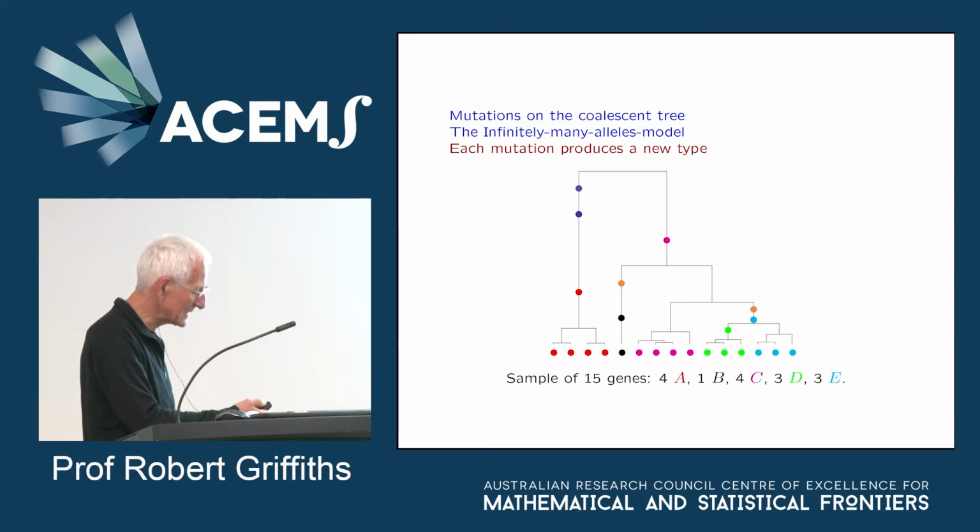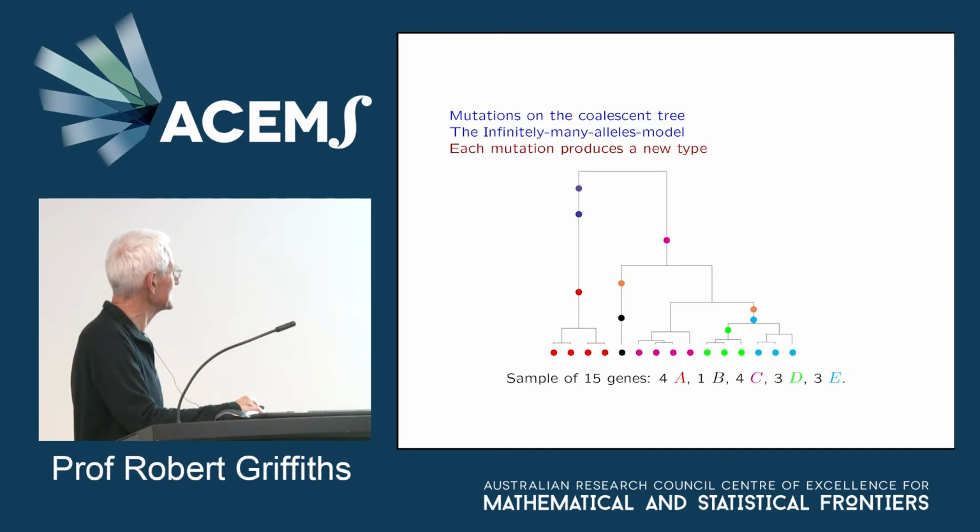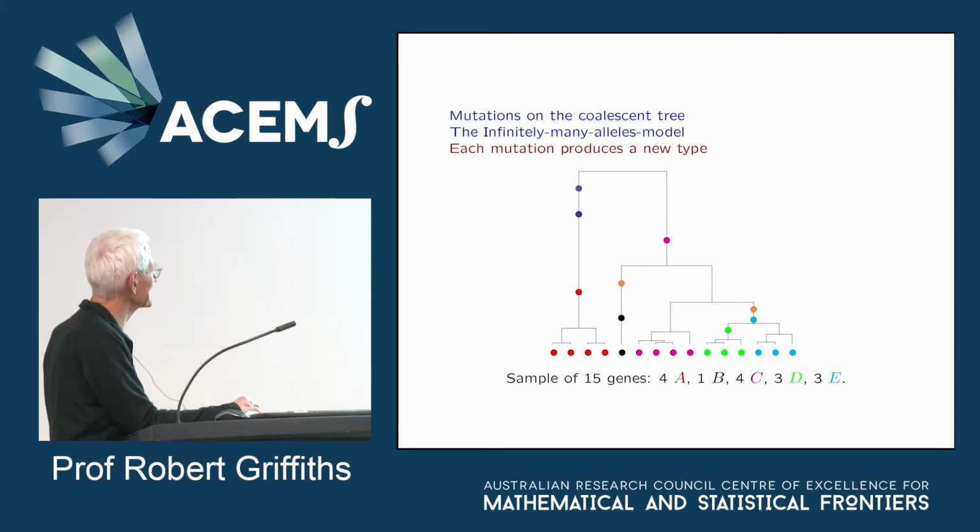If you look at a coalescent tree, mutations on the tree are what makes different types. And so in this infinitely many alleles model, each mutation produces a new type. This is what we talked about in the Urn sampling formula. For example, here, these 2 wouldn't be carried through. They'd be superseded by this red one. You'd have 3 guys here, 4 really, which were red.